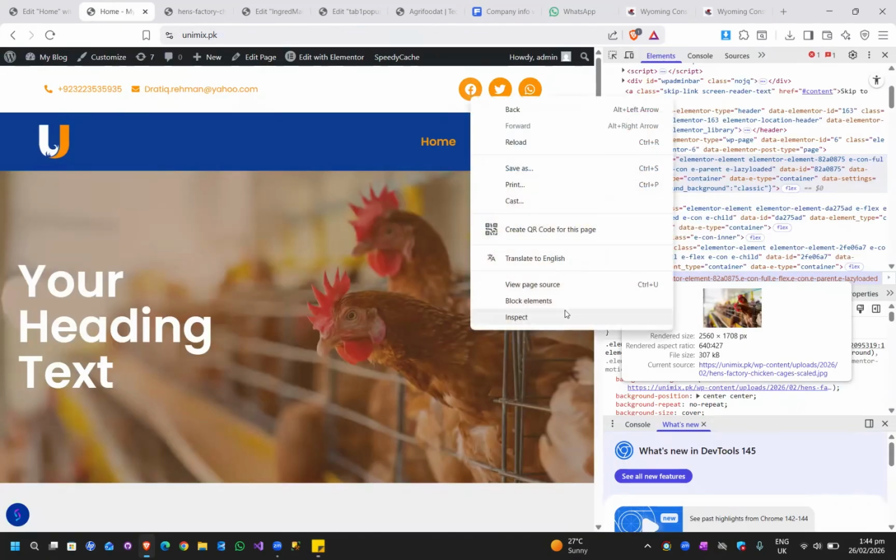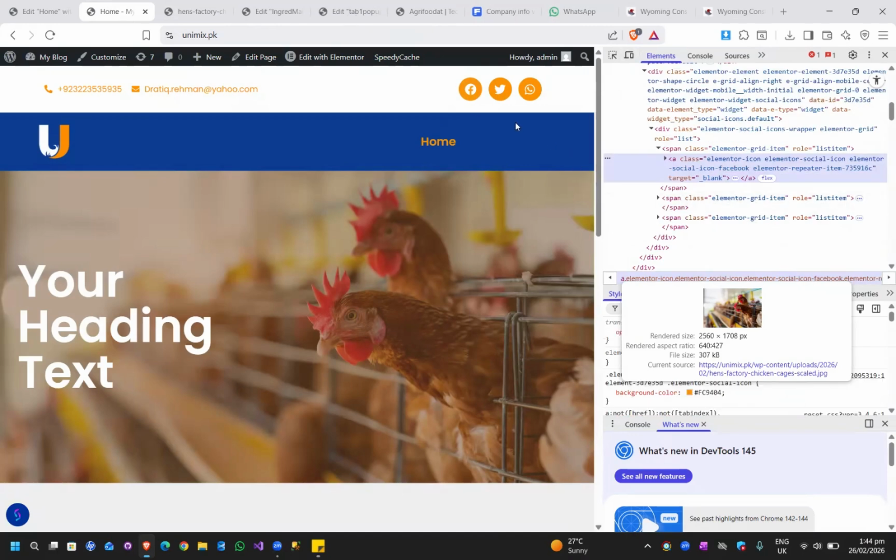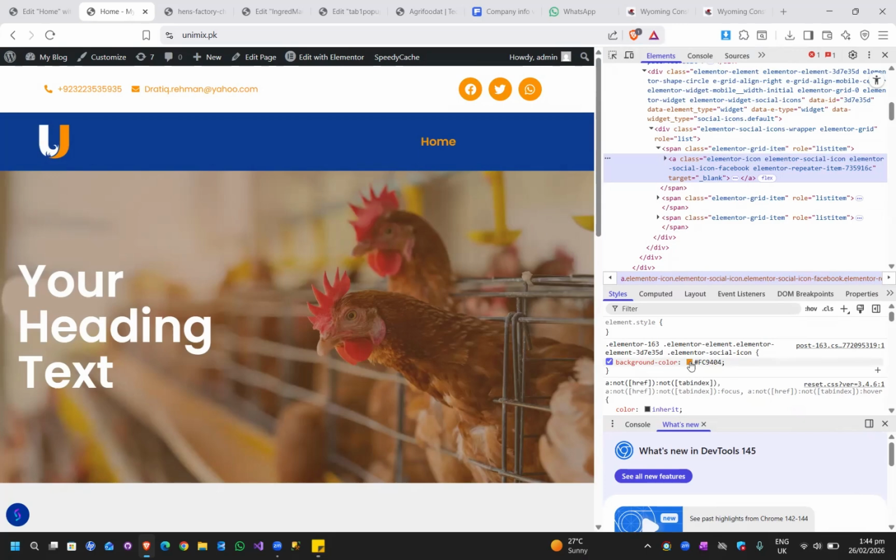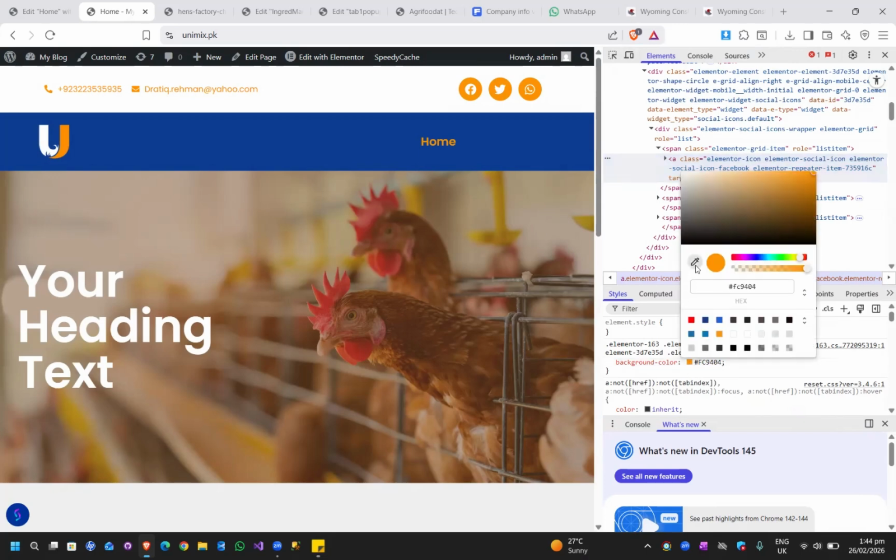For example, these icons, I want to inspect them or I want to take the color out of them. So you can click on this color. Even you can copy this color like this, like the dropper. This is a dropper and go over here. Click on it. Now click on it and this is copied. You can also copy from here and paste in your page wherever you want.